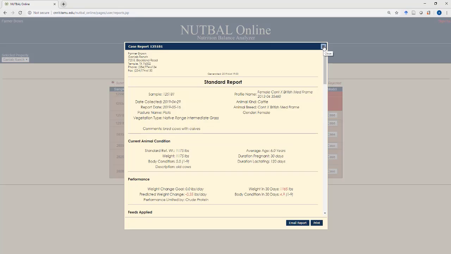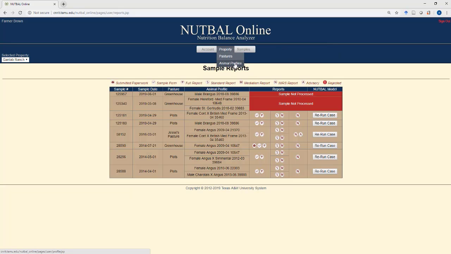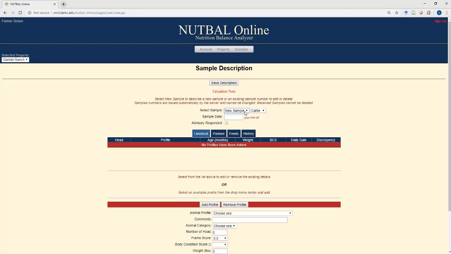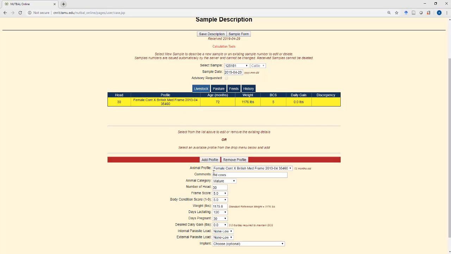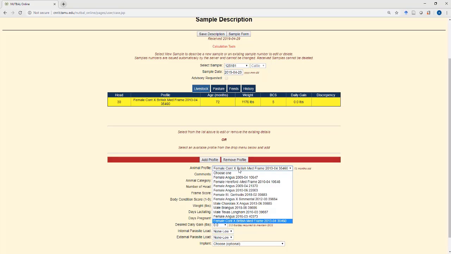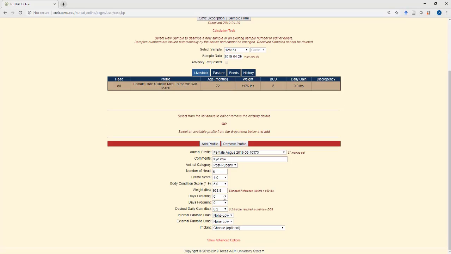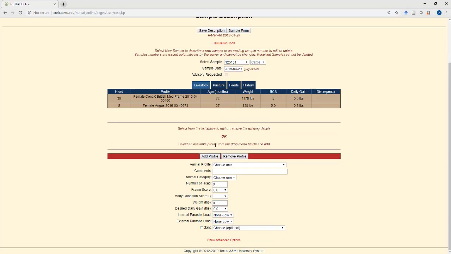So I'll close out of this report, and then I'm going to go to my sample description page. So immediately I'll go to that sample that I wanted to edit. So here's that 6-year-old cow, and I'm going to add a new profile of a younger cow. So once I've added that profile, I'm going to hit save again,